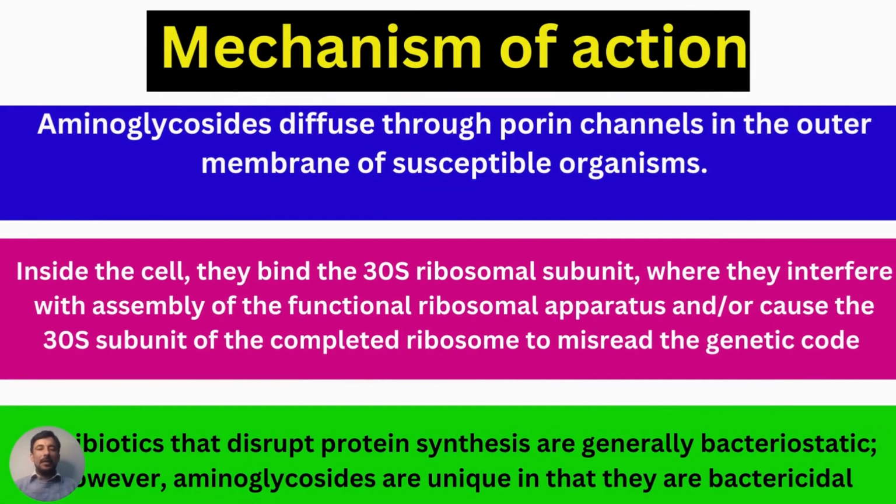Now, what is the mechanism of action of aminoglycosides? Aminoglycosides diffuse through porin channels in the outer membrane of the susceptible organisms. So it enters through porin channels, and inside the cell they bind the 30S ribosomal subunit, where they interfere with assembly of the functional ribosomal apparatus and cause the 30S subunit of the completed ribosome to misread the